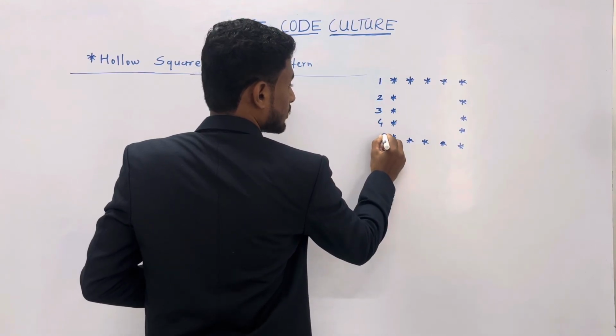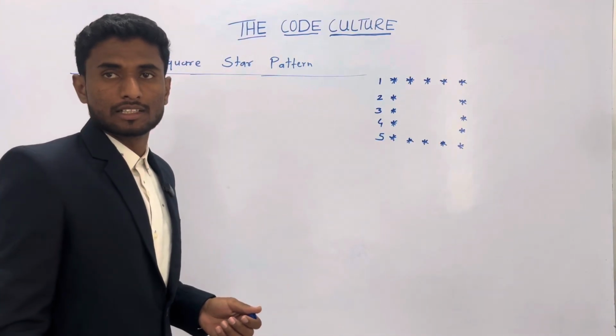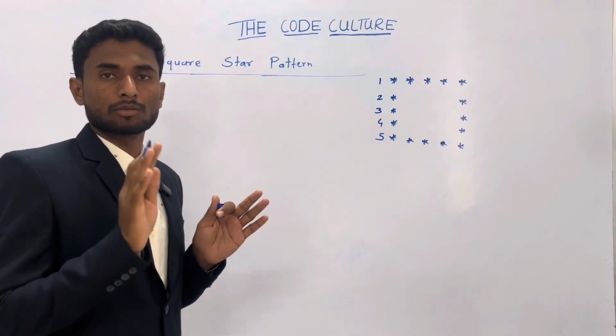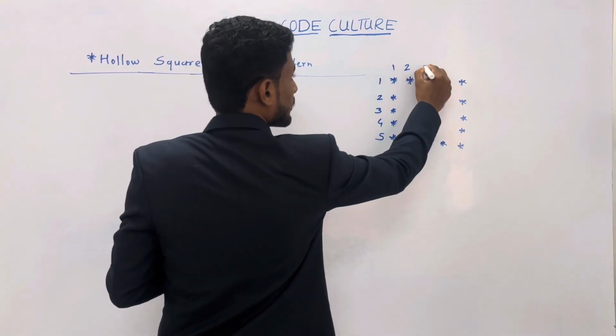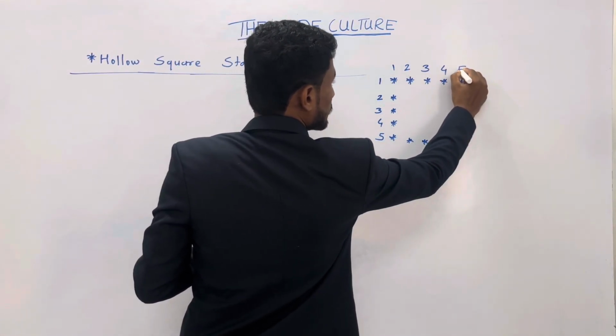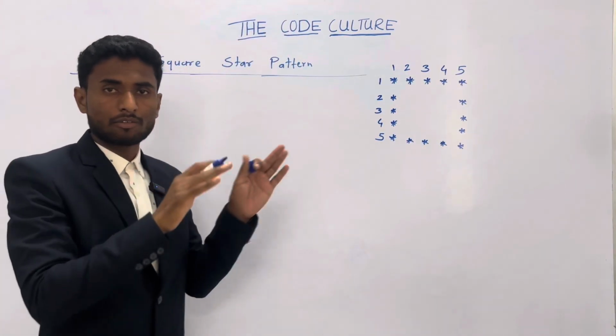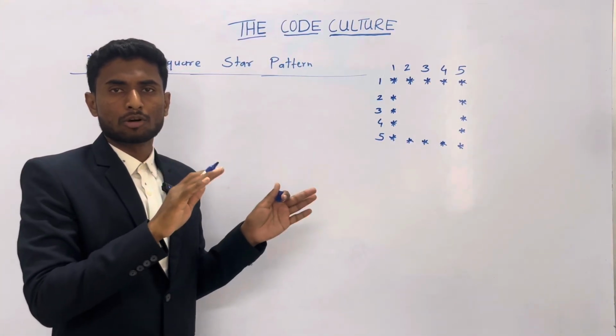Suppose assume that 5 number of rows are there. Okay, so square means what? Number of rows and number of columns are same. So 5 rows means how many columns we require? 5 columns. Okay, so always remember the shape of any square pattern is number of rows and number of columns